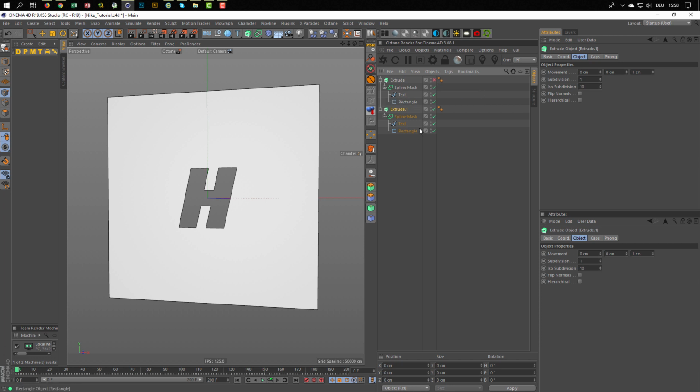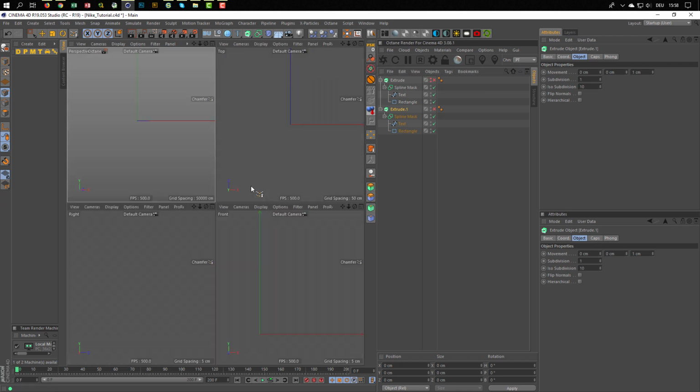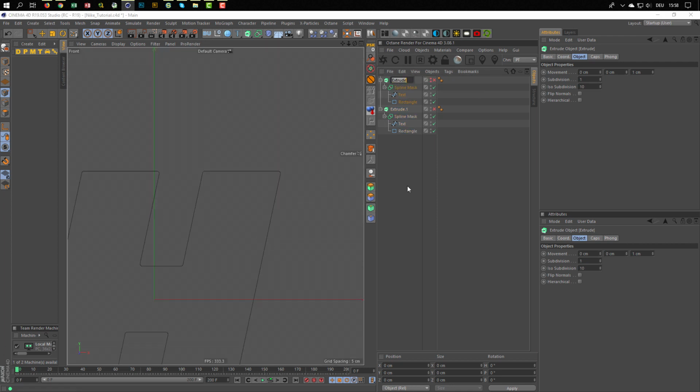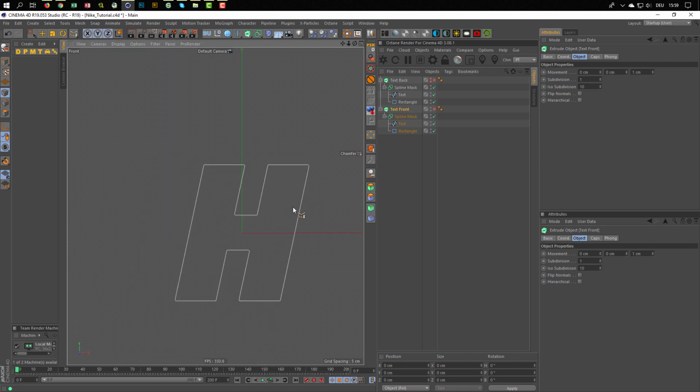So I don't want to see the extrude here, and I don't want to see the extrude here. And maybe I don't want to see the whole thing here. I just want to see, let's say this is the text back side, so back, and this is the text front. Okay, save. No, this is not what I wanted,